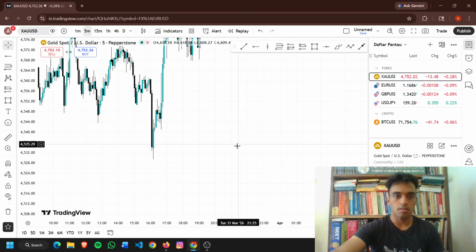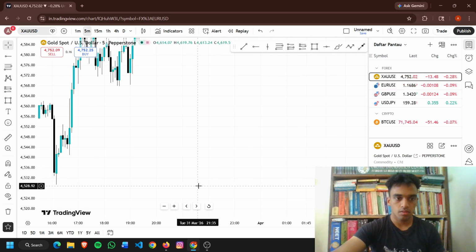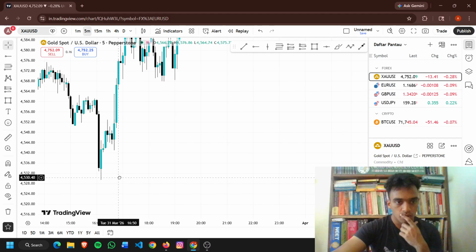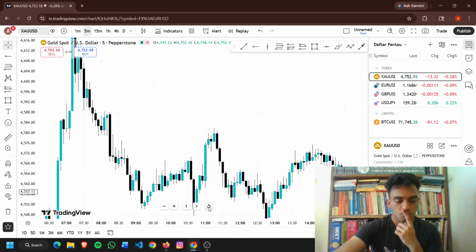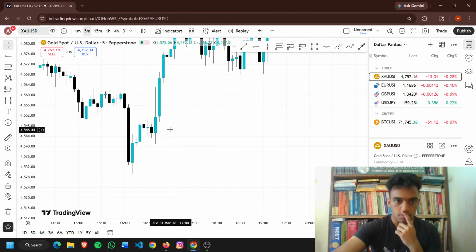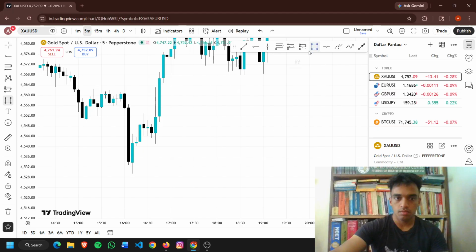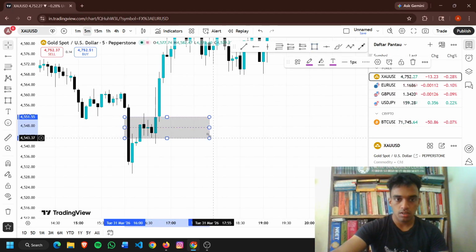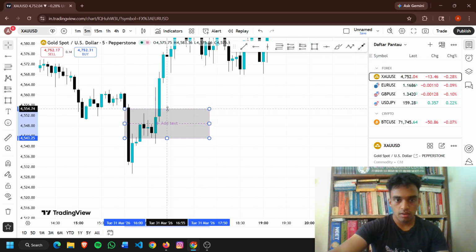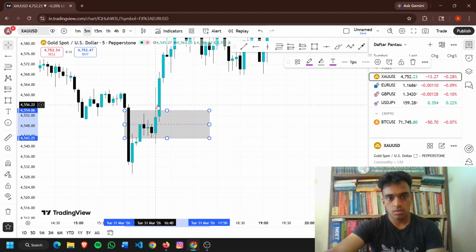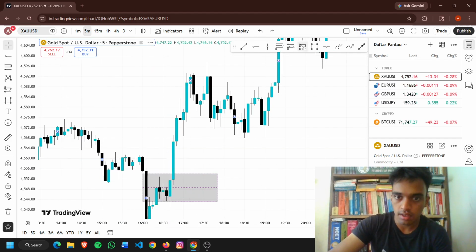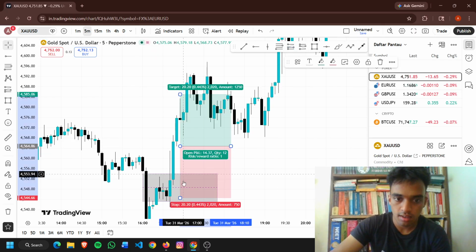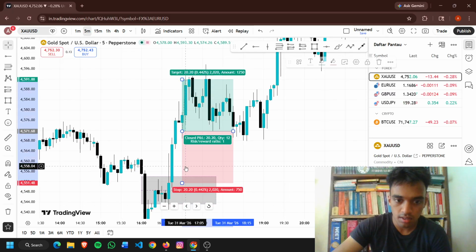Where is the low, guys? Okay, this. Okay, you could have gone for this also. See, this is an FVG. The FVG got closed above till here. It closed above over here, so you could have entered. You would have entered somewhere over here, most likely, and the stop loss will be